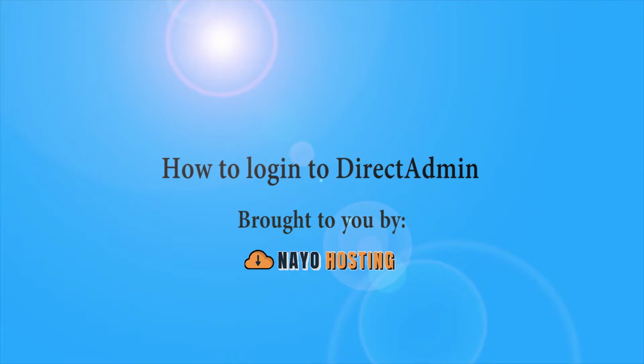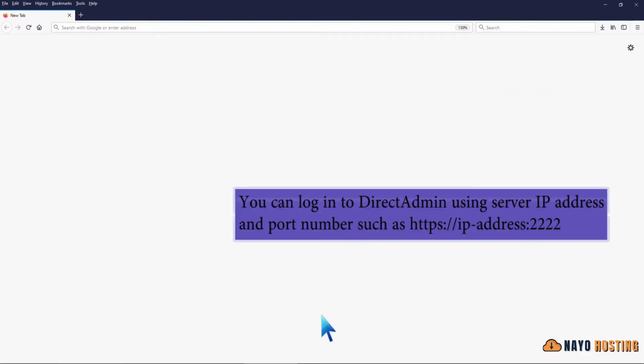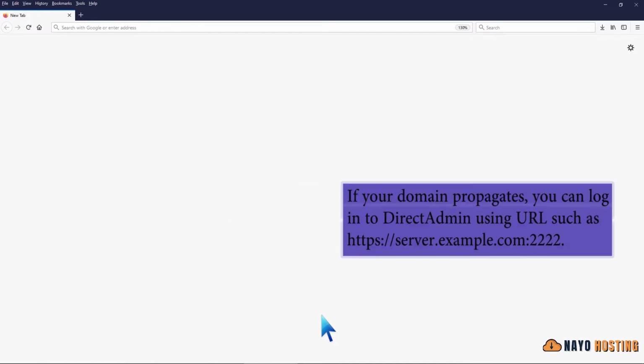How to log into DirectAdmin. You can log into DirectAdmin using server IP address and port number, such as https://IP address:2222. If your domain propagates, you can log into DirectAdmin using URL such as